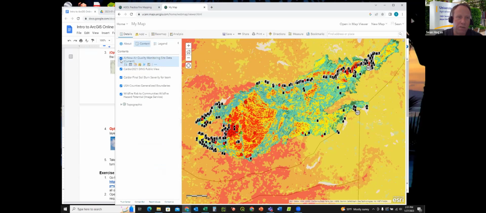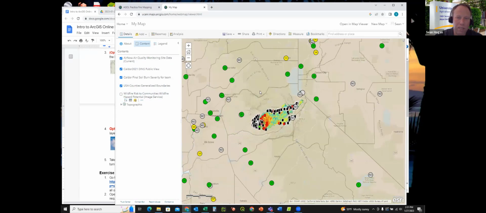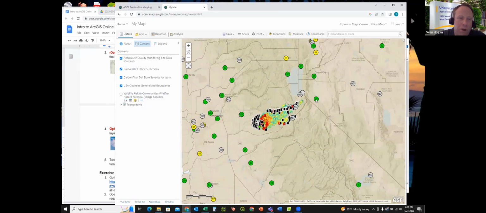So what I'll do is turn off some of these other layers. Oops, I'm going to leave that one on. Turn off this. Zoom out a little bit, and there are the air quality stations, and they're really low, like 26, 21. They're very healthy levels. During this fire, some of these reached 1300. And anything above about 200 is very uncomfortable. But the reason I bring this up is